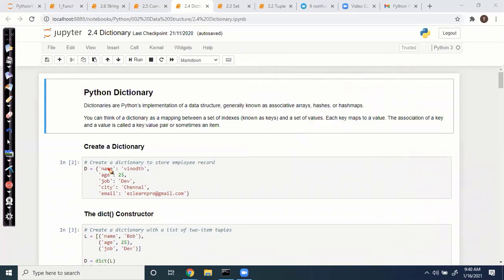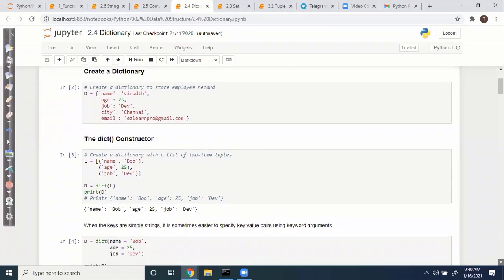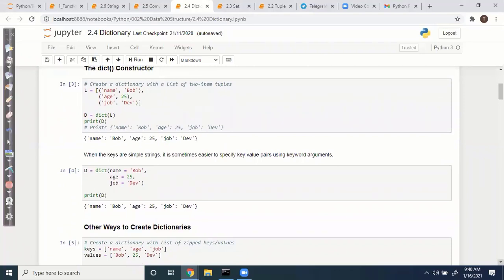So how to create one? Keep in mind, each item is stored as a key and value pair. How to create a dictionary object? You can use the dictionary function, or you can create it directly, as in the previous line of code we saw.